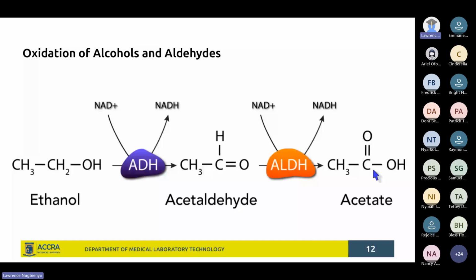So glucose, like in elevated amounts in the case of diabetes, if more of these acetates and acetyl-CoA are produced in elevated amounts, then what will happen